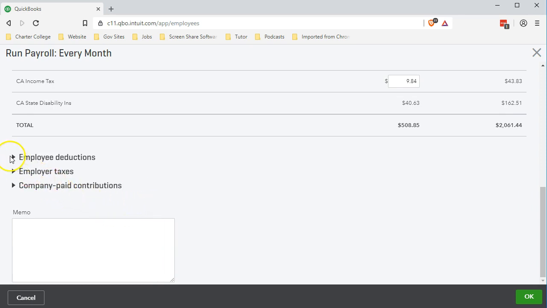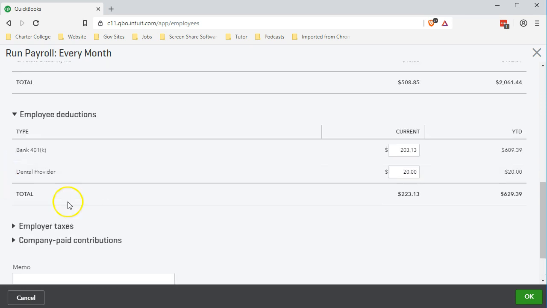We're going to then go to the employee deductions, and the employee deductions will include the 401k we had last time and now the new deduction, so the $20 deduction. So in essence, this is just basically coming out of the net check. We're paying it for the employee. So this is another item that is being paid out of the gross pay earned by the employee, their money,